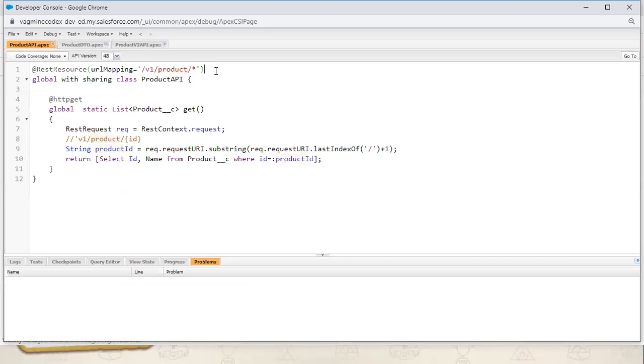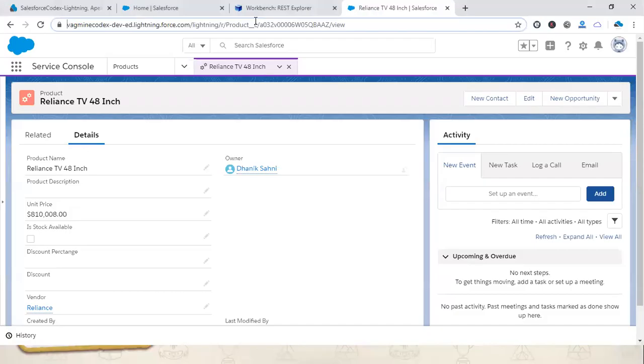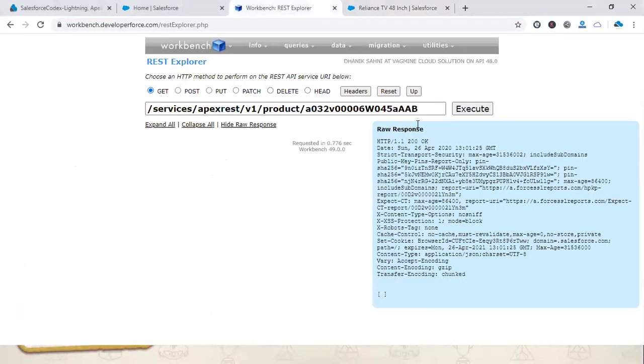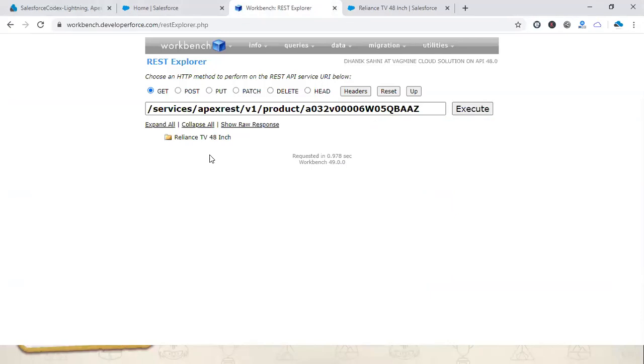That's why we are putting it here. I want to get the detail of this product. Okay, product information. This one. So now you're able to get the specific product information. Looks like that product is deleted. So now if I got the product specific to this product ID, I am able to get this one.